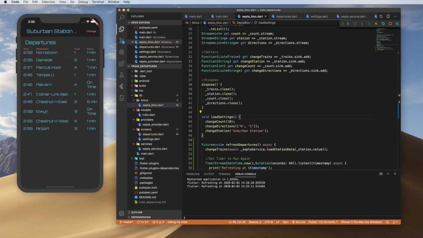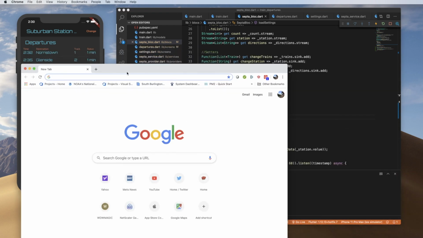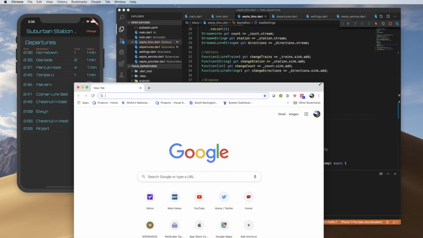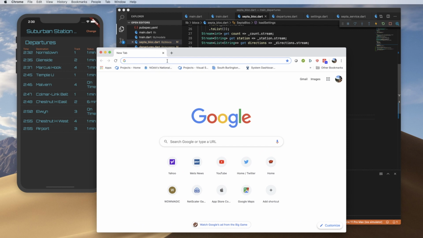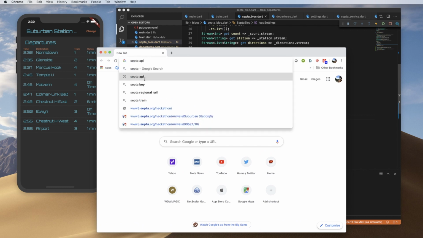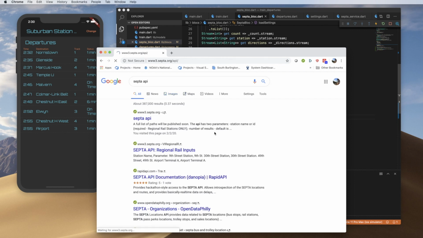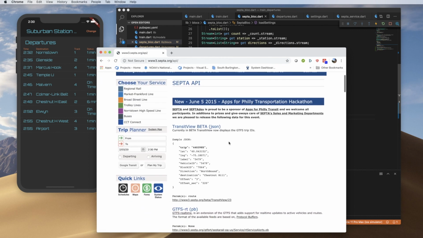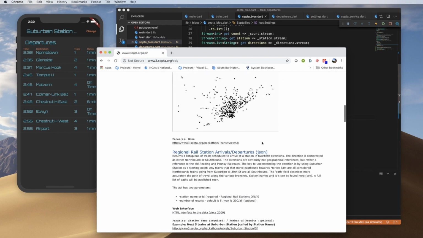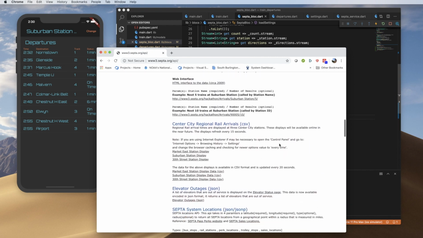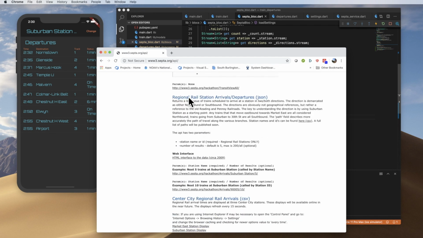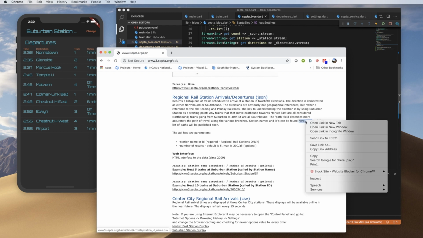All right, now I want to go get that station list. So we have an actual station list, and that train just disappeared, and it refreshed itself, if you didn't notice that. So we want to go get that station list. So we're going to go to a website I call Google, and I'm just going to look for SEPTA API. And this is where we got the original endpoint for our HTTP call. And then we have, right, so this is where we got the call, and then up here is this CSV file. I'm just going to right click and copy the address for that file,